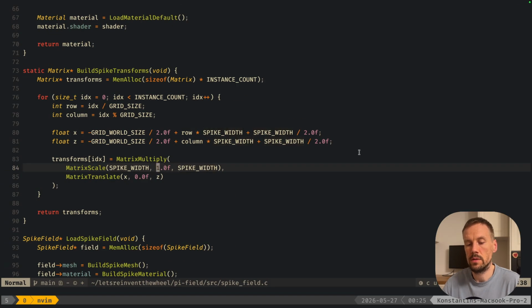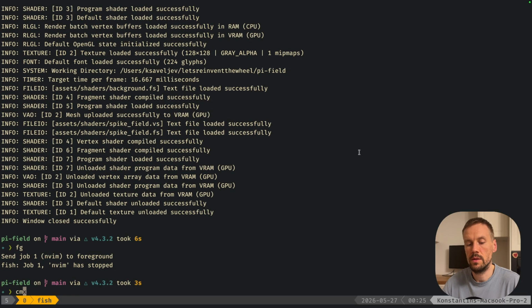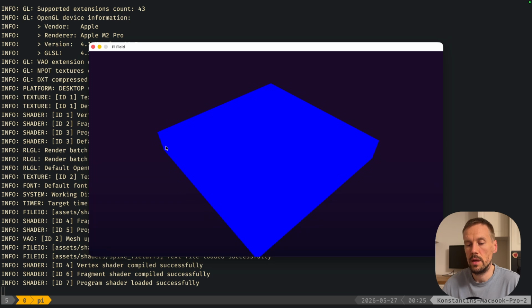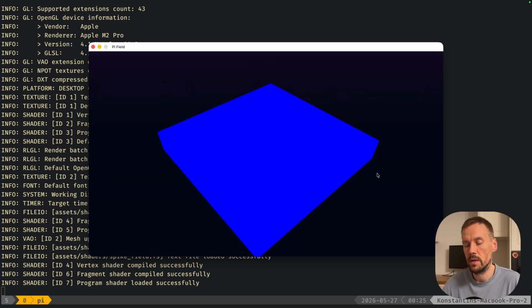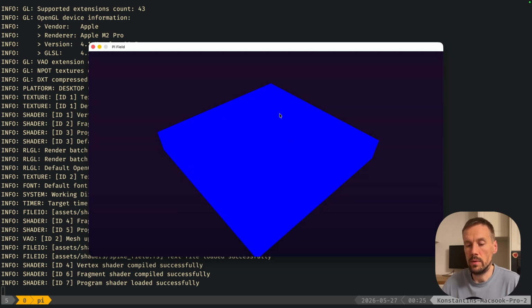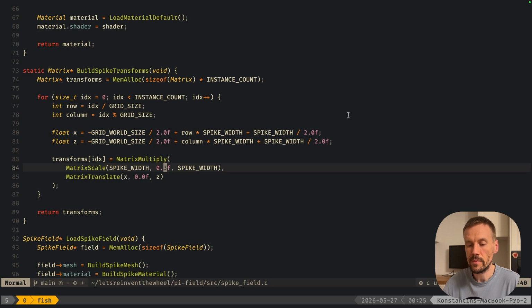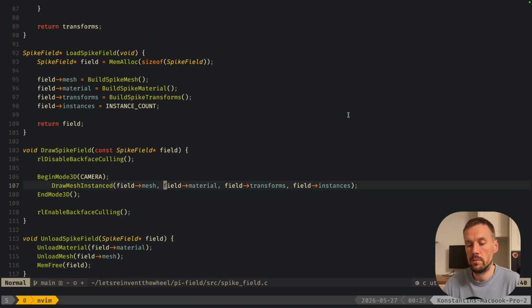We can actually set Y to something like 0.3, so scale it as well. And our field is much lower. So each spike is of lesser height. Unfortunately, with no lighting, with nothing, this looks like a box of some kind. But luckily for us, we have managed to draw lots of instances, 16,000 of them, using a single spike mesh, using the DrawMeshInstanced call. Now we can proceed with